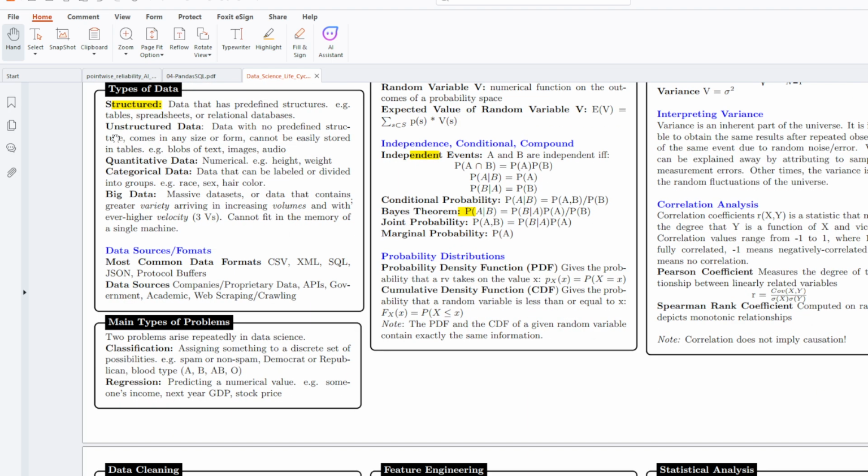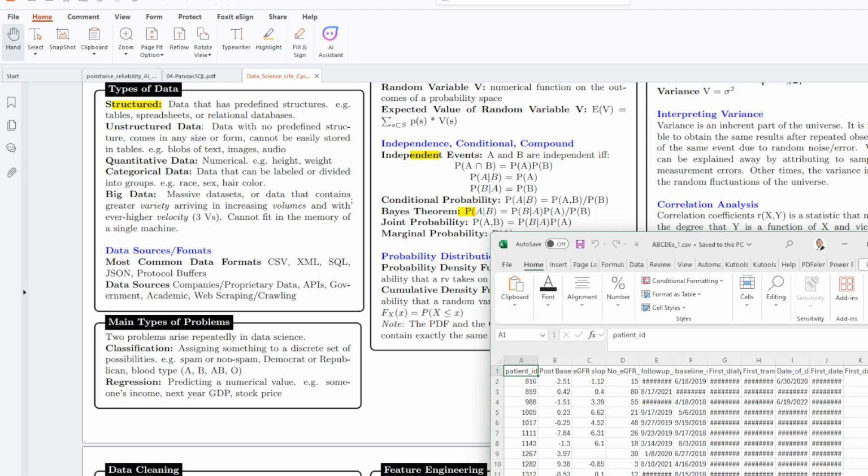So there is also the unstructured data. The unstructured data are usually data that are not organized. The unstructured data are in form of text, images, and audio, and they are stored in different formats. Those ones are not organized. You have to be the one to organize them. Then there is also what we call the quantitative data set.